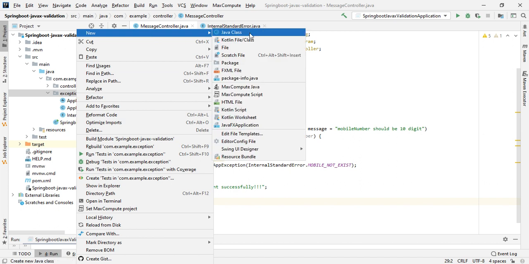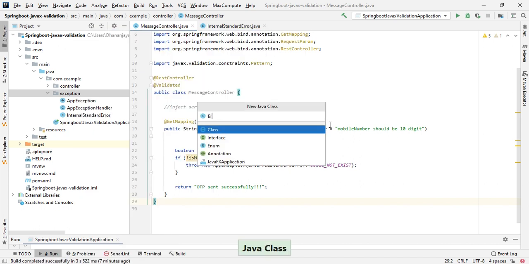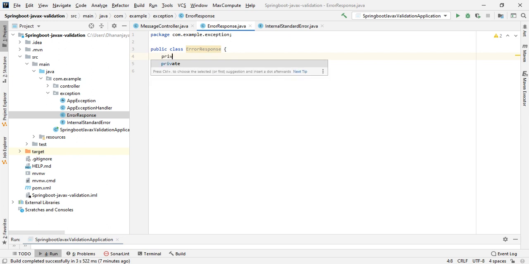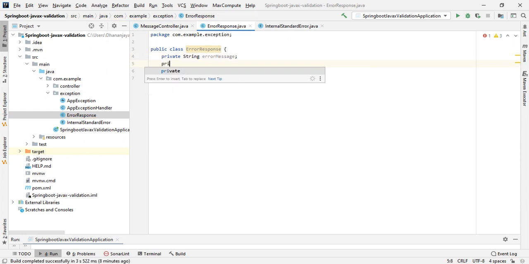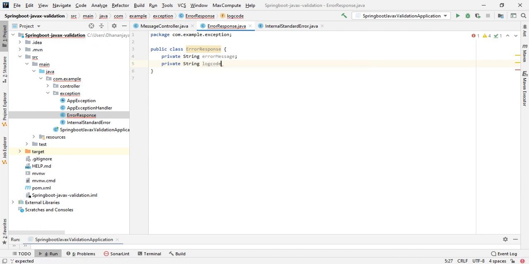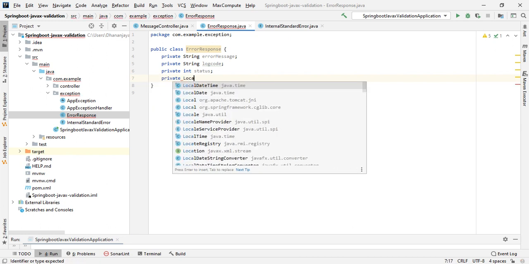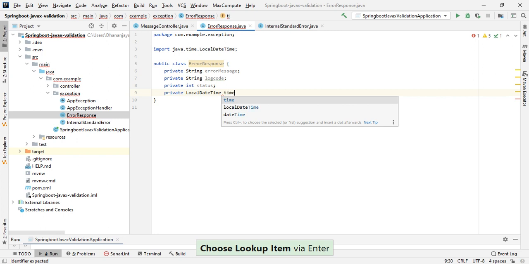Let's create a model class for that, ErrorResponse. Okay, so inside ErrorResponse we'll have private String errorMessage, private String logCode, private int status, private LocalDateTime.